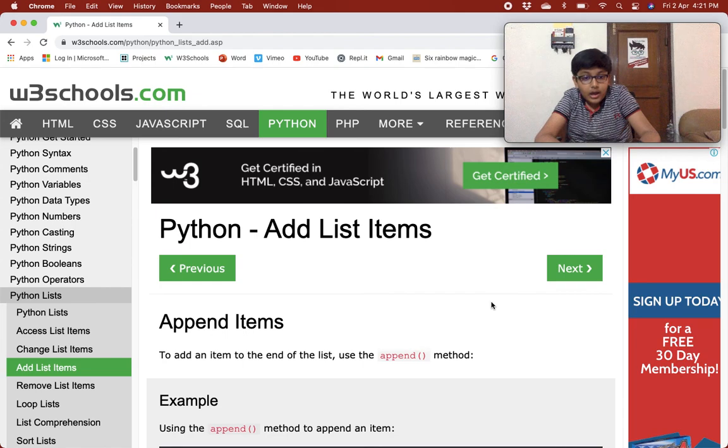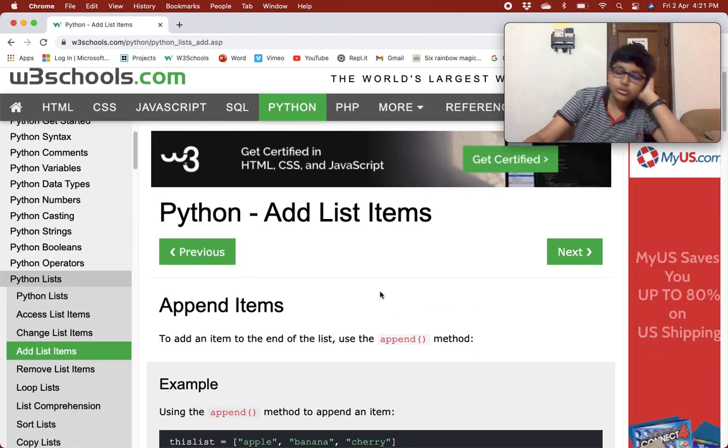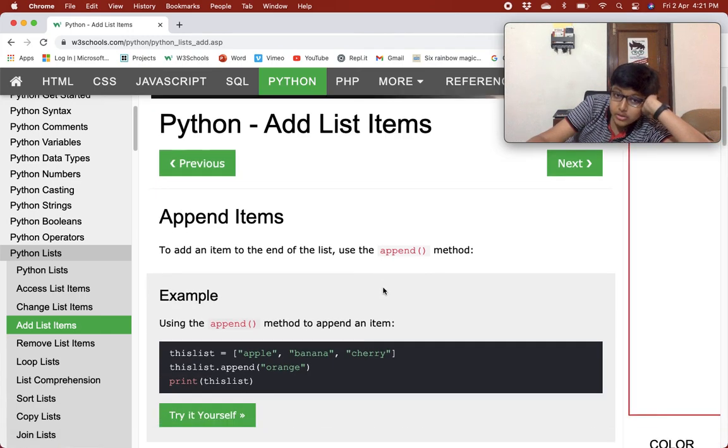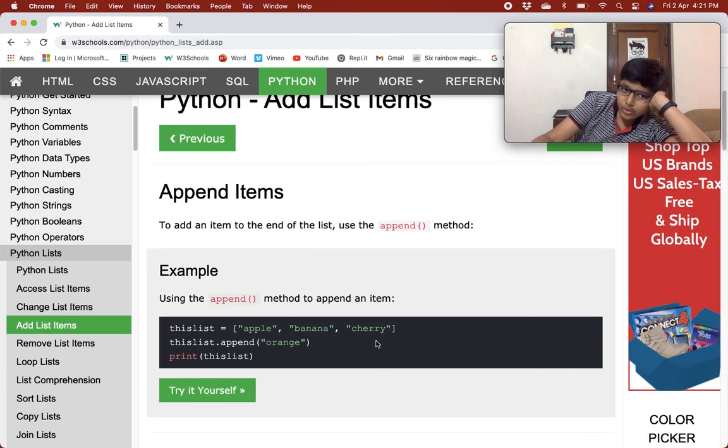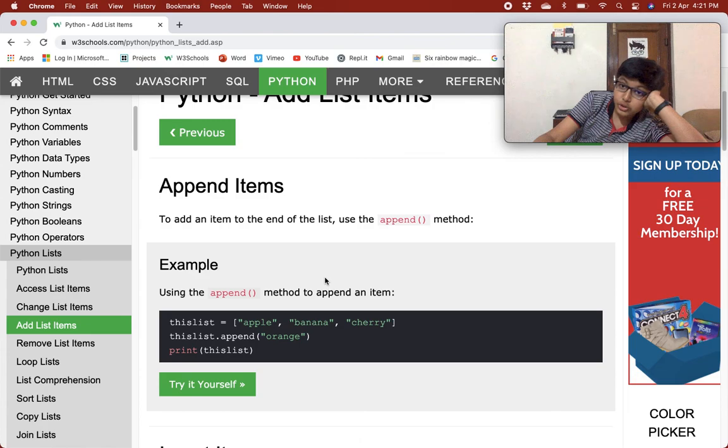Okay, let's continue once again. So adding list items. Append items. To add an item to the end of the list, use the append method. I told you there is a method to add items to the end of the list.